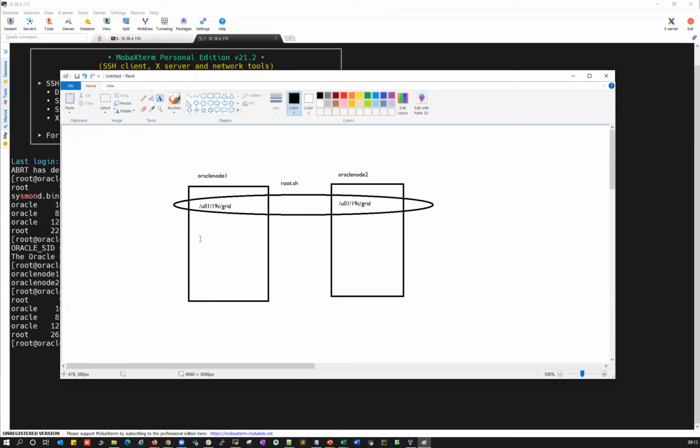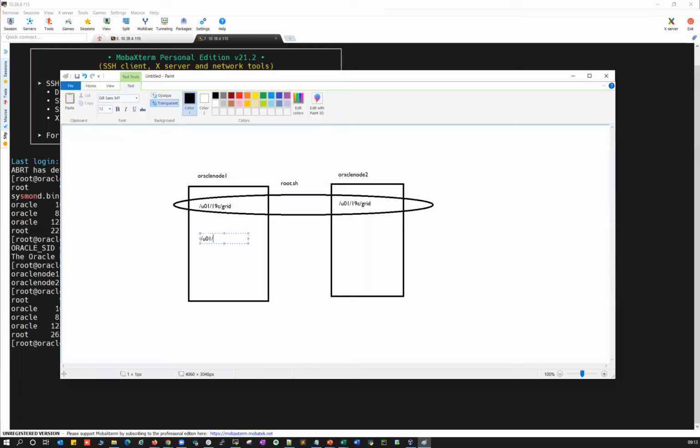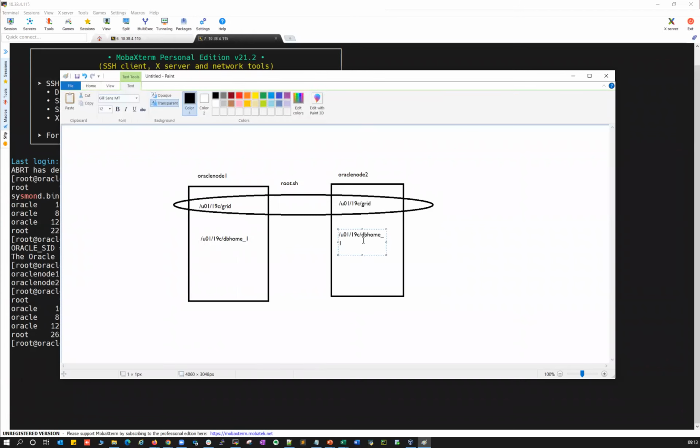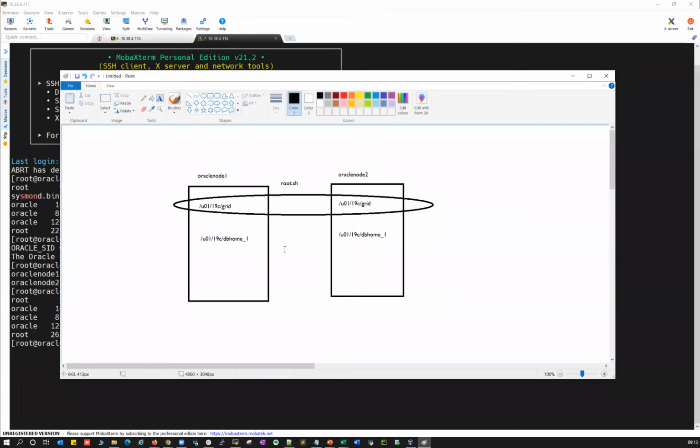And then later you're going to install the same thing, u01/19c/db_home_1. So you're going to install the db home software here on node 1, and then you're going to install the db home software on node 2 with the same name and same directory structure. The moment you install the Oracle home on both nodes, this becomes your RAC cluster home. If you install only on node 1, you cannot create the RAC databases. You have to install the same database software on both the nodes. That becomes your RAC Oracle home,